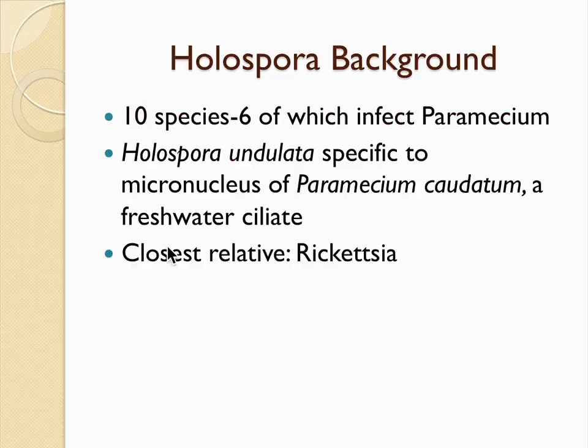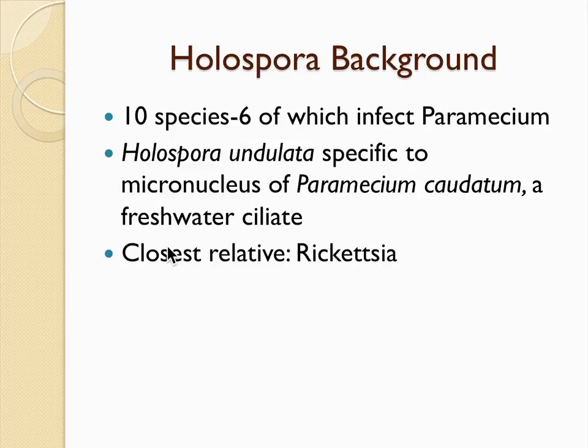Okay, so just to begin with some background on Holospora. Holospora are bacterial endosymbionts, and there are 10 species, 6 of which can actually infect Paramecium. From those species that can infect Paramecium, they can infect the micronucleus, the macronucleus, or both the mic and the mac of Paramecium. But for my experiments, I've been using Holospora undulata, and those are specific to the micronucleus